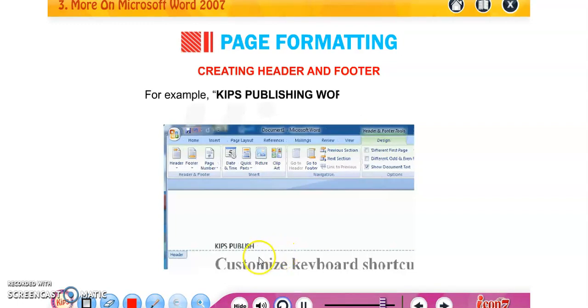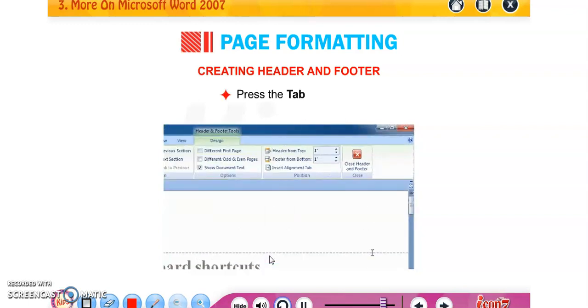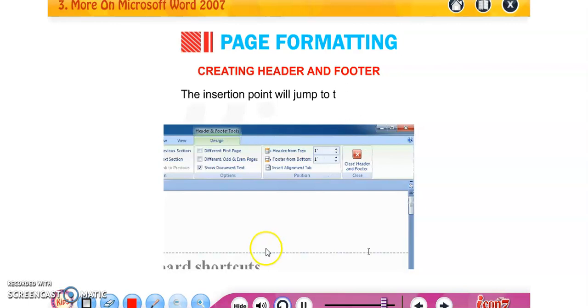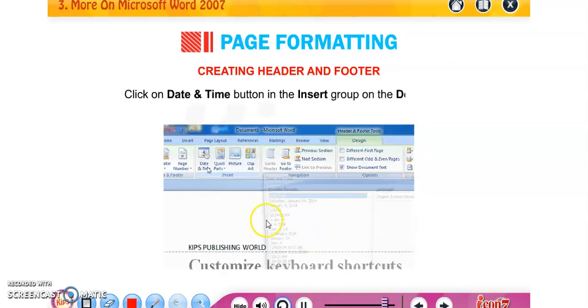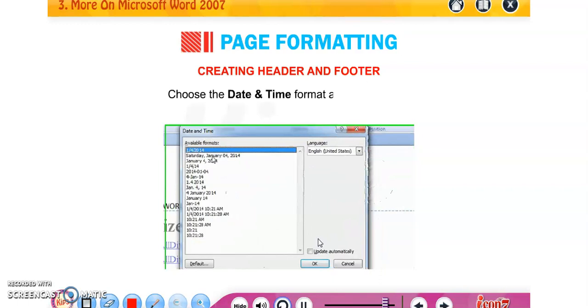For example, KIPS Publication World on the left side. Now press the Tab key twice and the insertion point will jump to the right side. Then click on the Date and Time button in the Insert tab. Now from this you can insert date and time as a